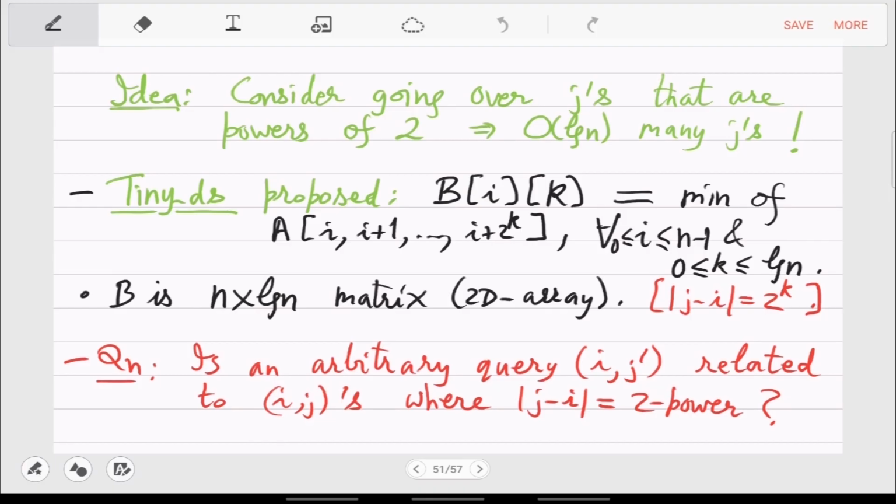So you have stored the minimum of i to i plus 2 raised to k. No, I shouldn't say the middle. The middle will remain a power of 2, but say you are interested in something just below that, so i minus 1 plus 2 raised to k. So the position is just one less than what you have stored. So how will you now calculate the minima for that particular subarray?